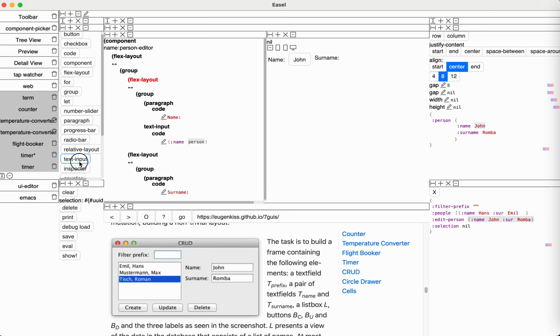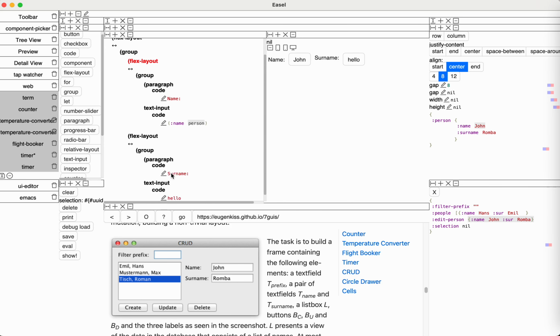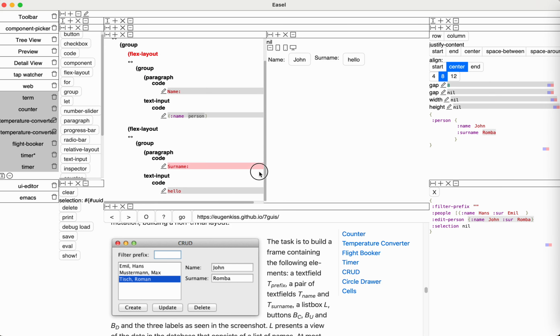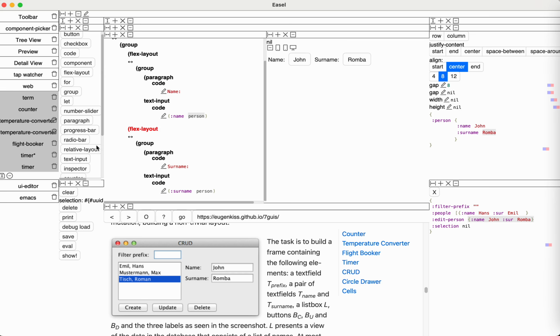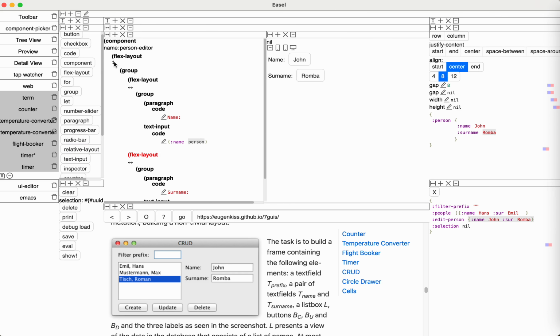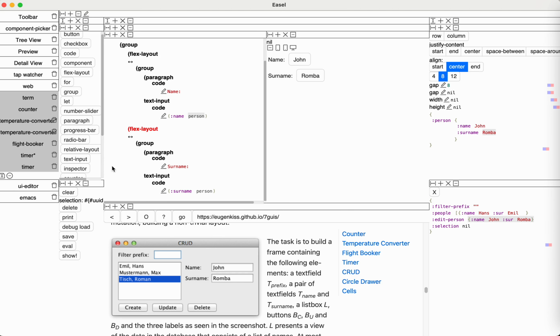And add a text input. And for this text input, it takes the last name, and I'm going to center, and this flex layout is going to be vertical. So now we have a person editor, and just to show you how it works, we're going